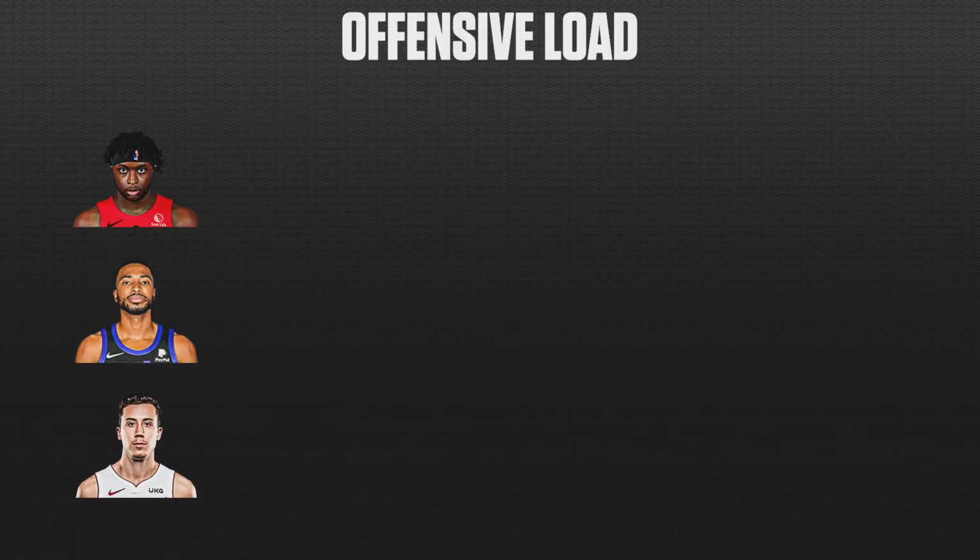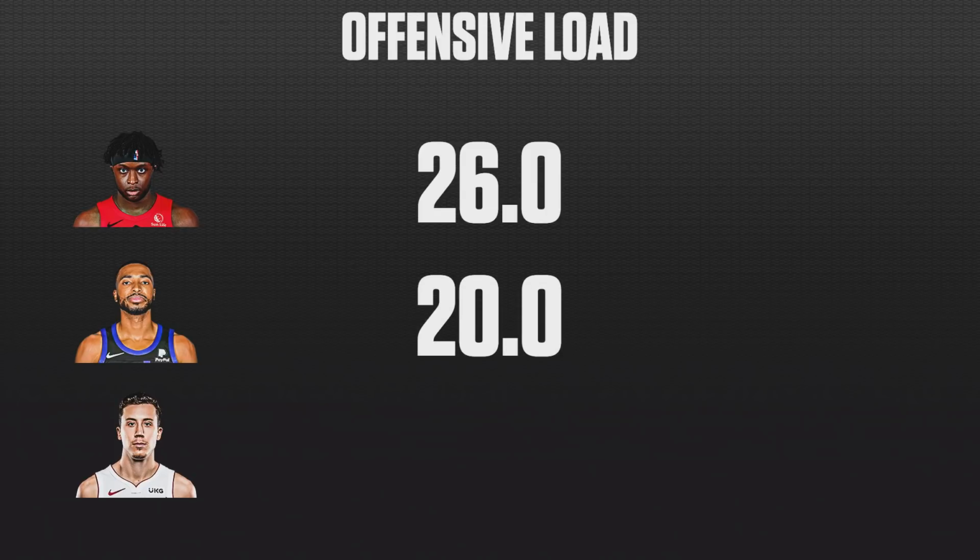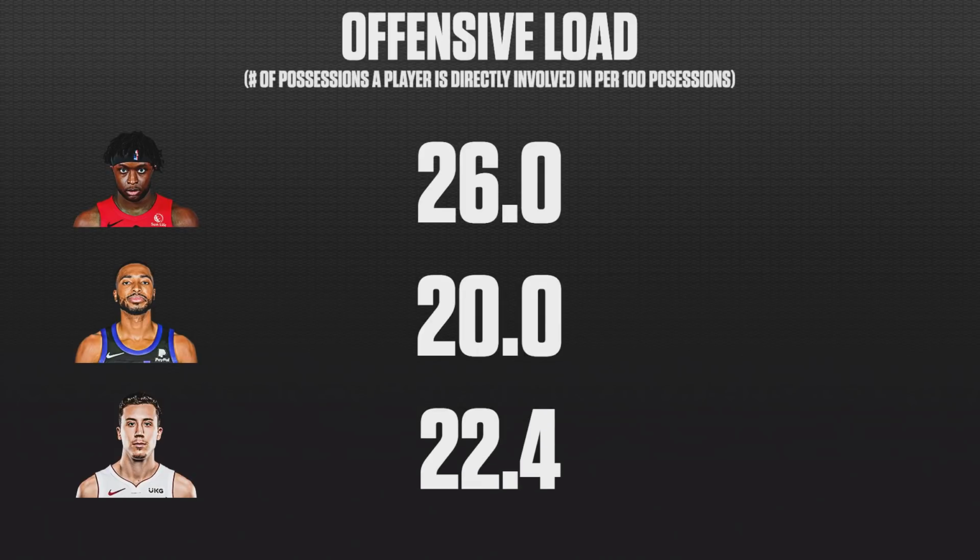If you take a look at their offensive load, you'll see that OG Anunoby has an offensive load of 26, whereas Mikal Bridges only has an offensive load of 20. Duncan Robinson comes in at 22.4. Now, if you're unfamiliar, offensive load is a calculation of the number of possessions that a player is